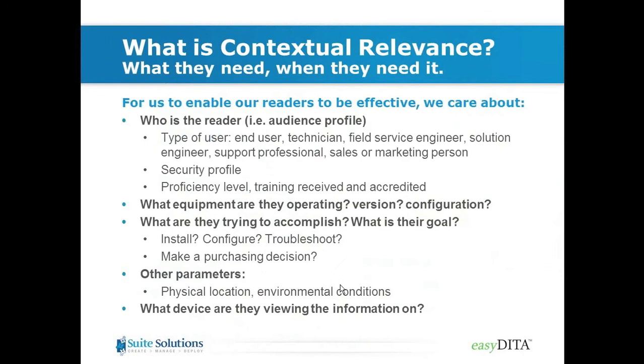Okay, so to define what contextual relevance is, the answer really is what they need and when they need it. What our readers need to be effective, meaning that we don't just want to give them information. We want our readers to be able to get their job done. In order for them to get their job done, it's interesting for us to know who they are,